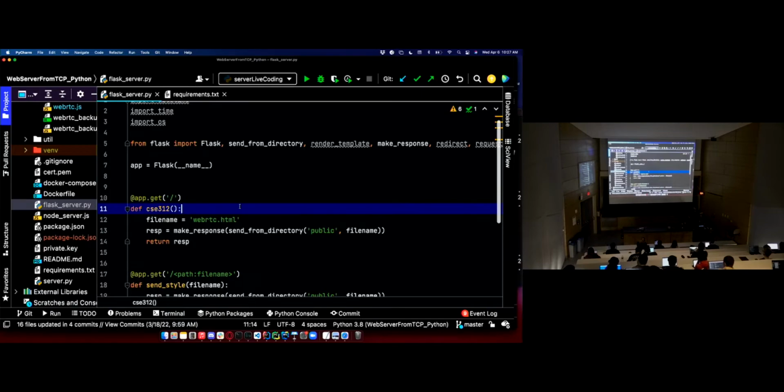Now for your homework, you had to do quite a bit of work to do that. You had to get the bytes of the request, parse the bytes of that. Well, you had to set up a TCP connection first. Set up a TCP connection, read the bytes of the request, parse it, figure out what the path is, the request type, the method, open that file. Well, the file stuff I don't care as much about. Open that file and then send the bytes of that file over the TCP connection, which means you have to form a response.